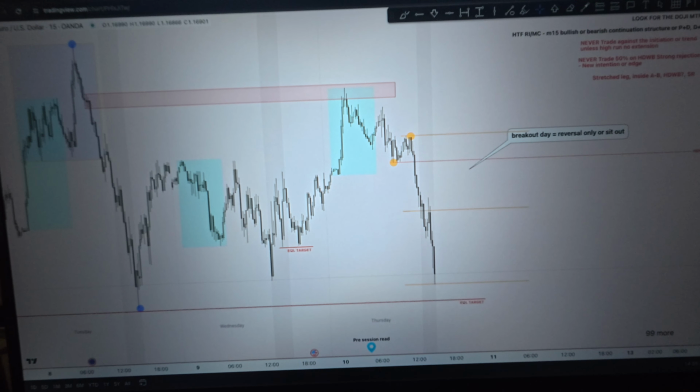A massive part of trading that everyone struggles with is just being patient. Well, if you have a strategy that you believe in, then it's just about going through those patient times where you have to sit out in the market and have rules when to sit out of the market versus when to get involved in the market, and just follow those rules. If you follow your rules on a consistent basis, that's the only thing that's going to guarantee your success in trading. So for me, I could happily sit out of the market for as long as I need to